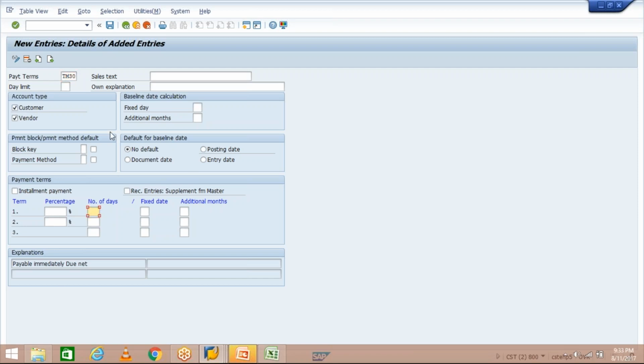See, right now we have not entered anything. So see here, the explanation is appearing downside: payable immediately due net. It means we have created terms of payment TM30 and we have not given any kind of criteria. It means by using this terms of payment, if you post any transaction, let's suppose,